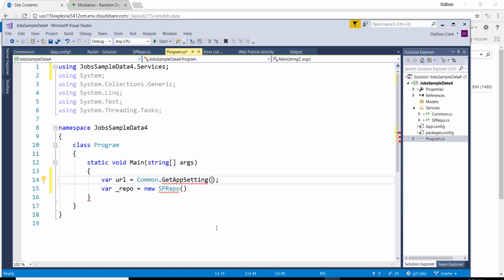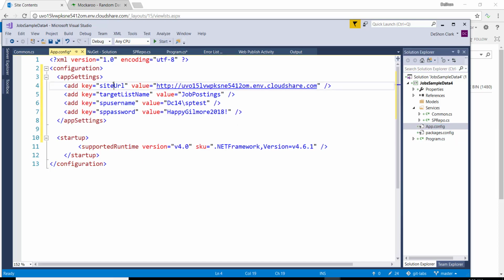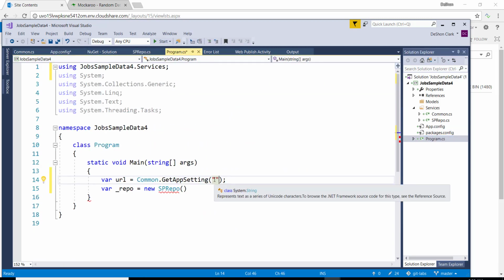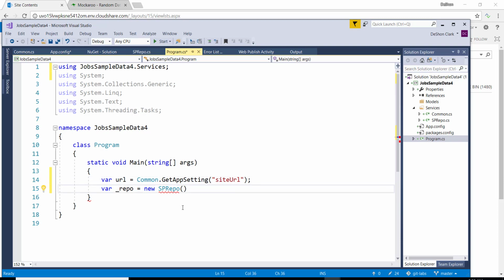And this is just going to be, what do we name it? Key value site URL. So just copy this, drop this in programs. That's going to give us the URL, pass the URL to our repo. Our repo should be good now. Then we get the list, and we just call,